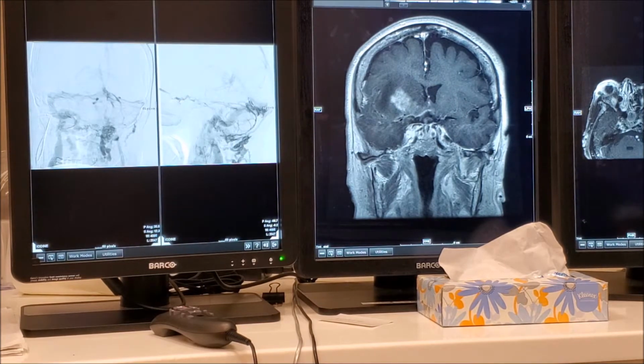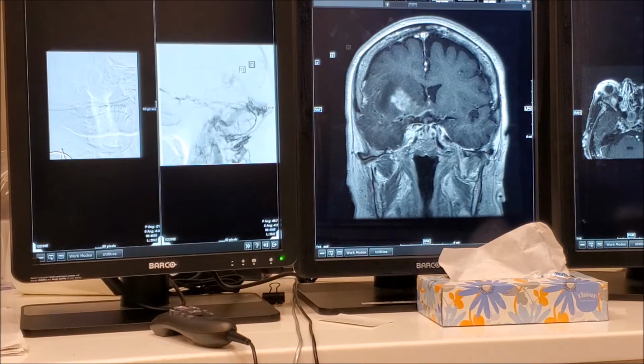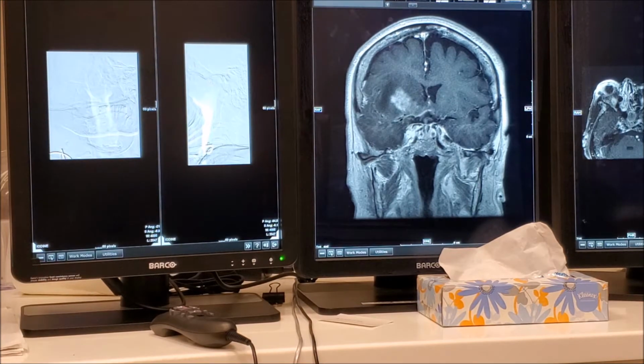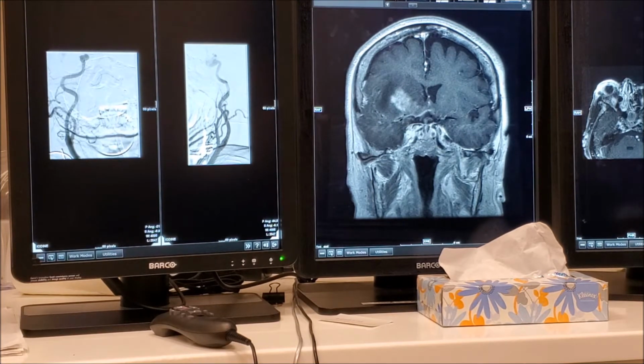So here we just see the superior division of the ophthalmic vein on the right side. The symptoms were on the right side, correct? Yes. Yeah, that's very interesting. It's on the left side, but it kind of drains in. You do look at the neck. Not bad. This is not bad, but there's something interesting here, right? This injection, right? You see anything abnormal?